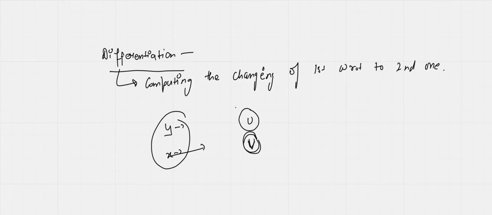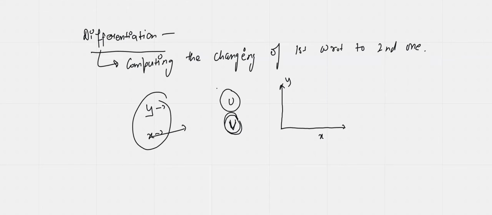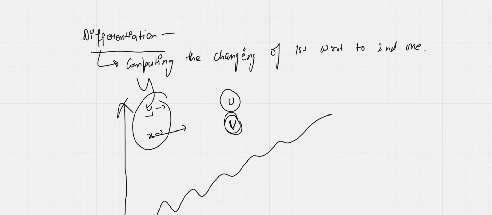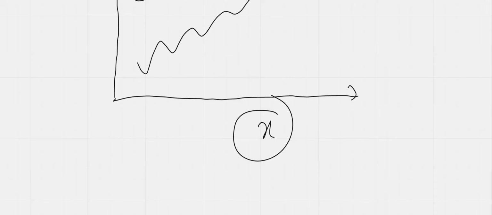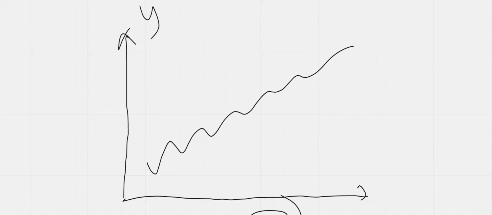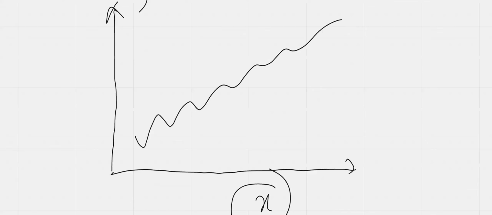So if this is my y axis, and this is my x axis, okay, it's a simple thing that if I make a random curve like this, you can see my x and y are varying, right? But their change is not a linear thing. Let's zoom in a little bit more. Slowly, put it down here. Okay, if you see carefully,